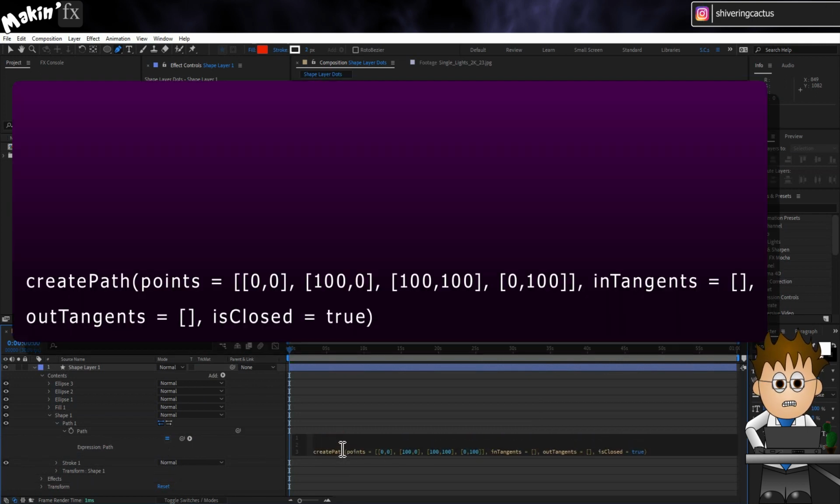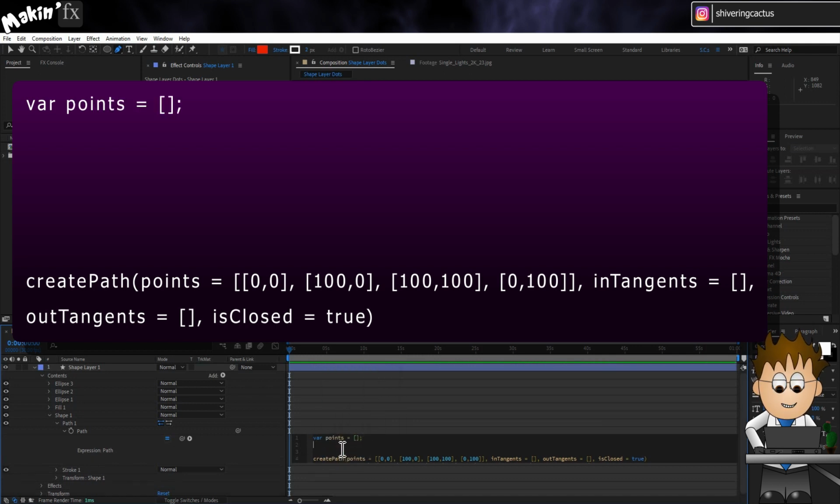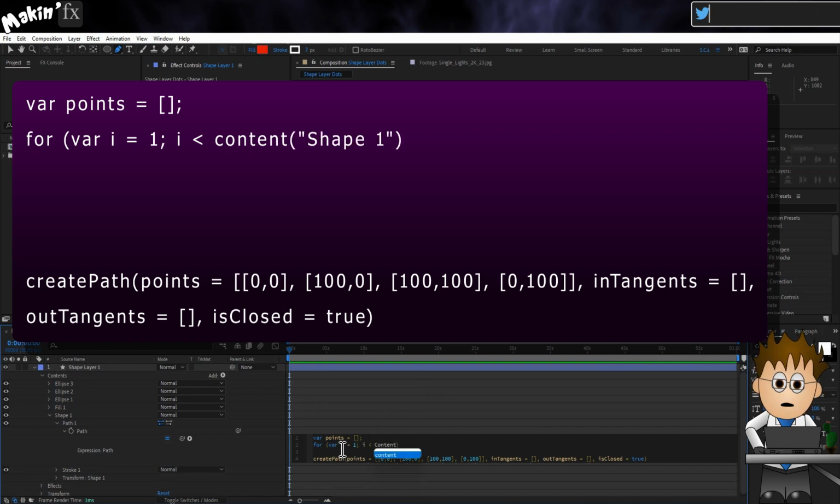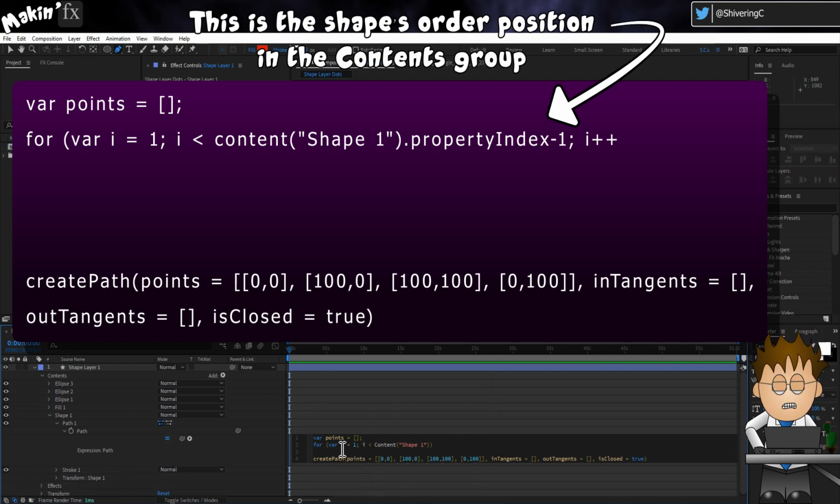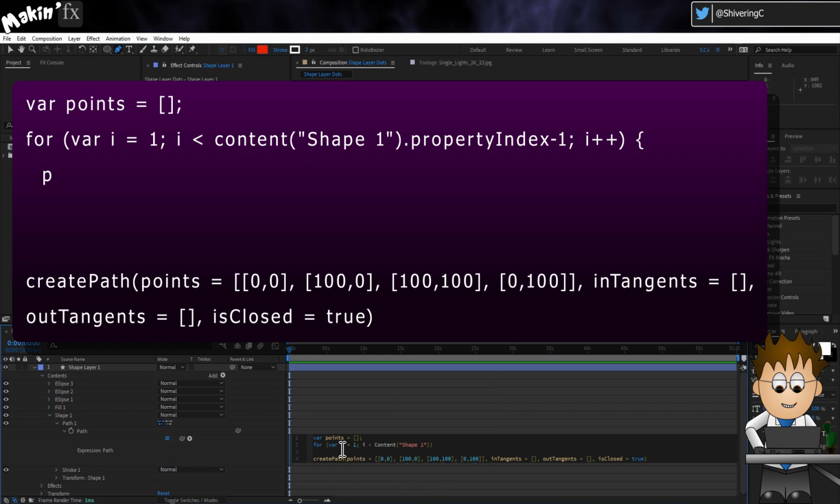So it all looks a little complex. Let's make it worse. Above the code that's in there, type var points equals square brackets, semicolon. We're creating a points array. On a new line, type for, brackets, var i equals 1, semicolon, i is less than content, brackets, quotes, Shape 1, close quotes, close brackets, dot, propertyIndex with a capital I, -1, semicolon, i++, close brackets, open curly brackets,